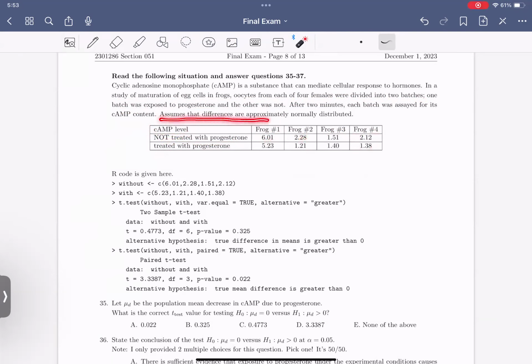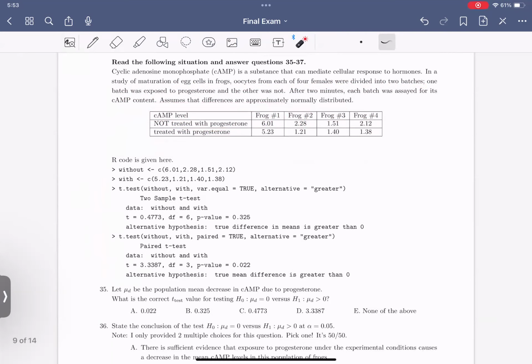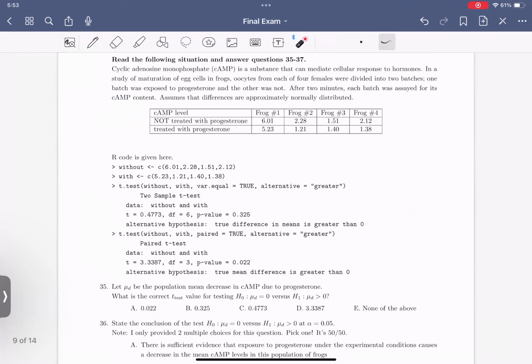Assume that the differences are approximately normal. Okay, all right, so the R code is given here. You can see that it looks like it's going to be the paired t-test, the one that you're going to use, the paired t-test here. You use the paired t-test because actually, you can see that for each pair here,